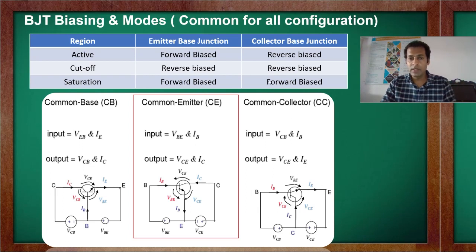And if someone asks you to draw a common collector configuration in the saturation region, in the saturation region both the sections, input and output, must be on, because we are talking about logic 1 here. So for common collector, you have to take the collector common. The emitter arrow will go towards the output, right? And on the input side, you will have VCB and IB. So this one you have to make forward bias. This is P and N, so N is connected with negative, P is connected with positive, this is forward bias. The output should also be forward bias. So just change the polarity.